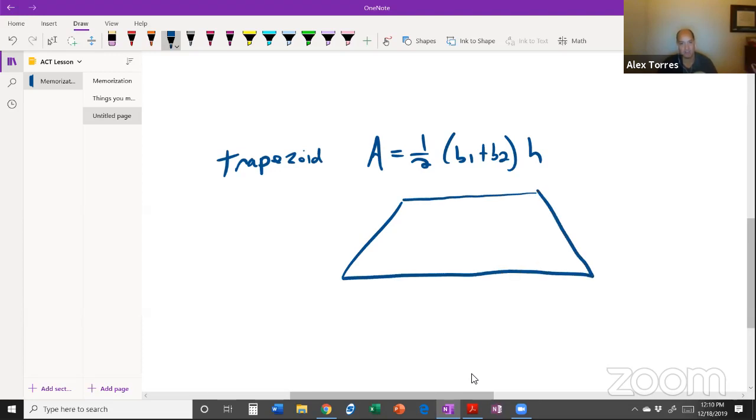So you've got a trapezoid. A trapezoid means that one pair of sides is parallel. So top and bottom are parallel. But let's say for this particular trapezoid here,